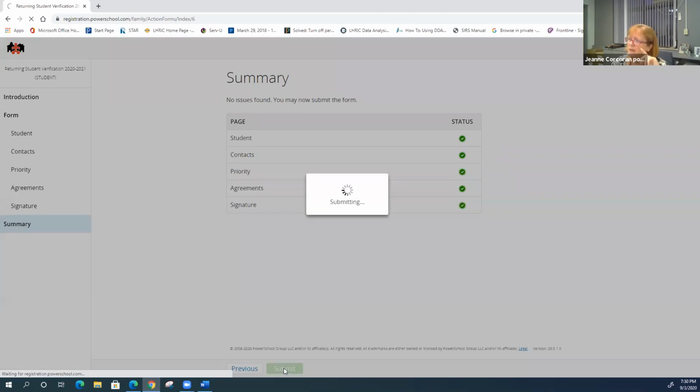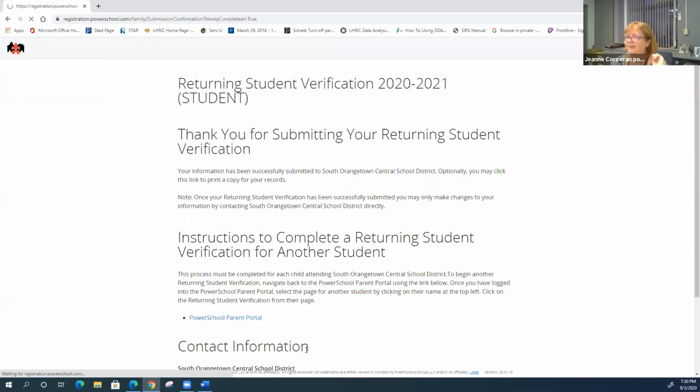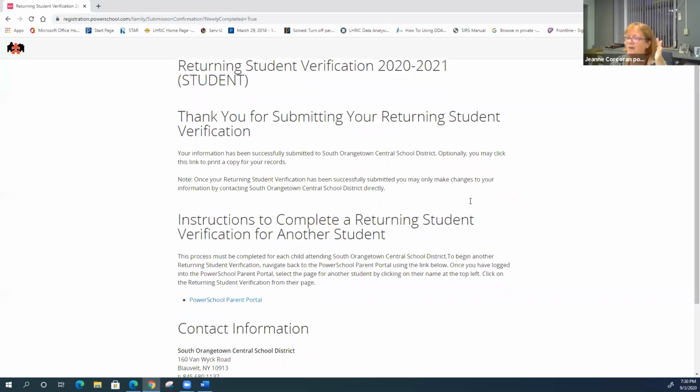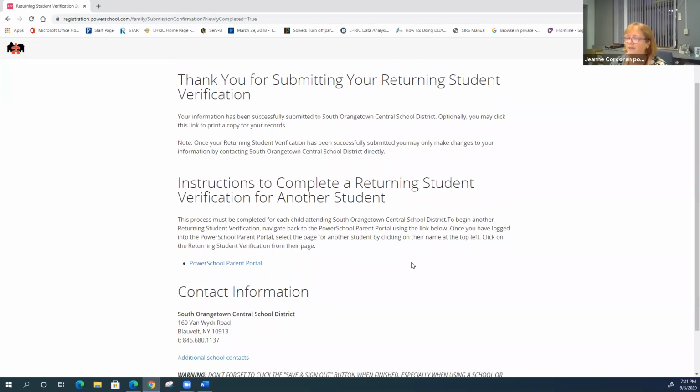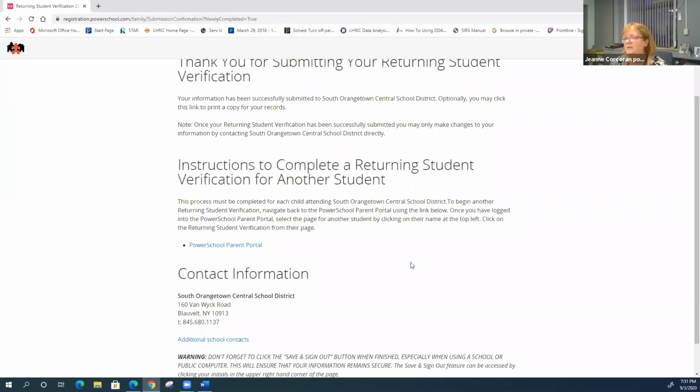Hopefully this will work, and all is well. Oh, that spinning spiral always gives me anxiety. There you go, and you get a nice thank you. And now, if you need to complete another one, we need this completed for every student because each student is